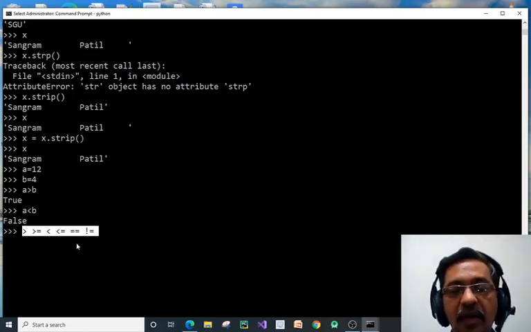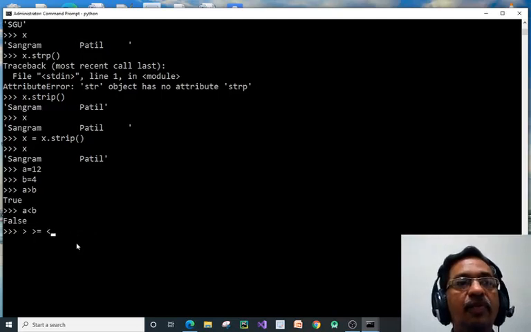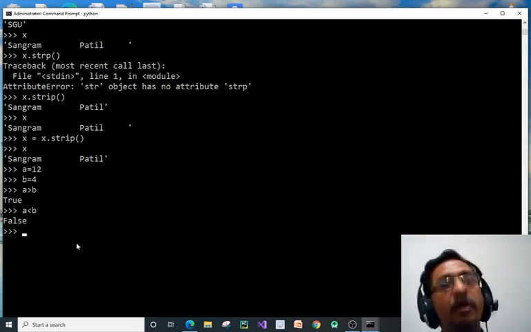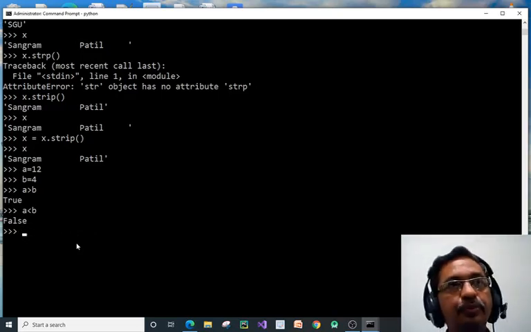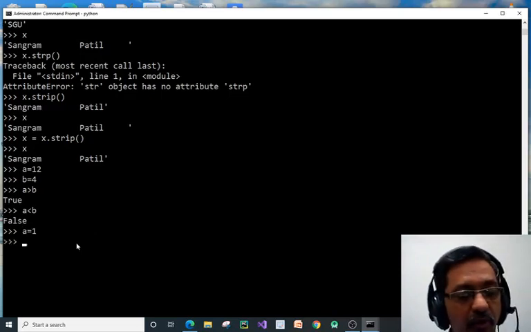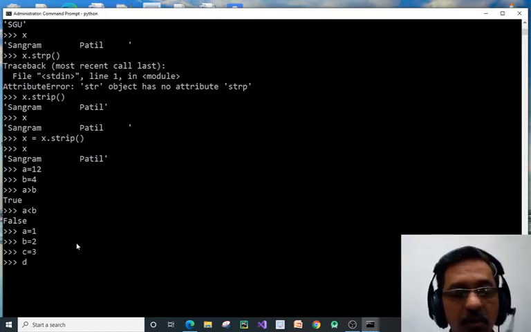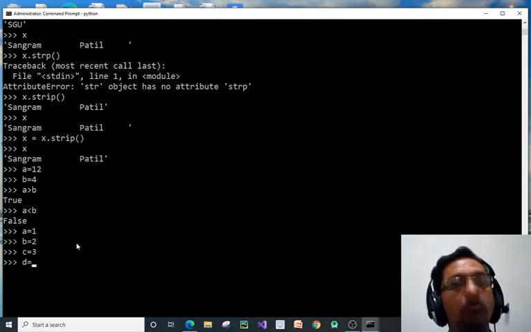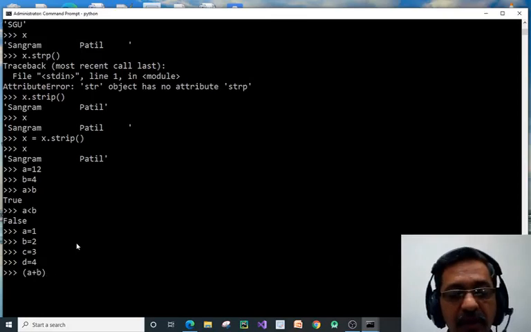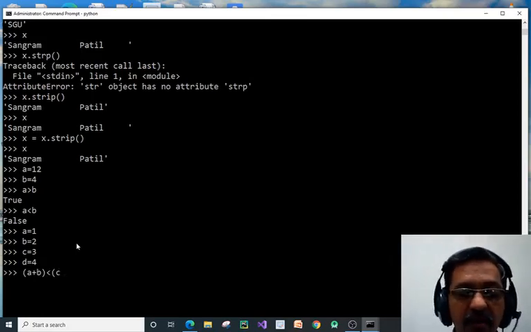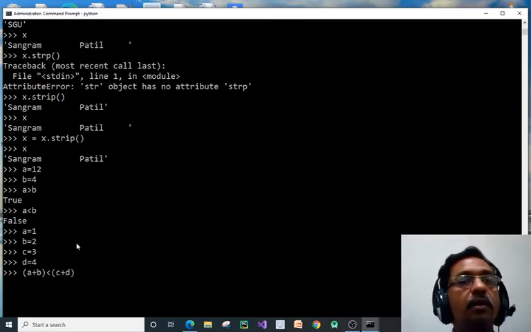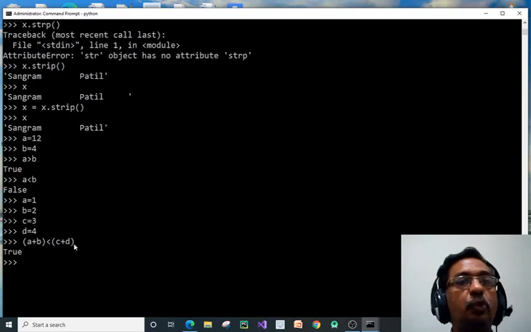We can use relational operators on the command prompt also. Here suppose a is equal to 1, b is equal to 2, c is equal to 3, and d is equal to 4. If you check a plus b is less than c plus d, that is True.